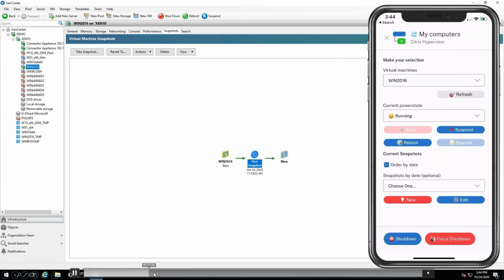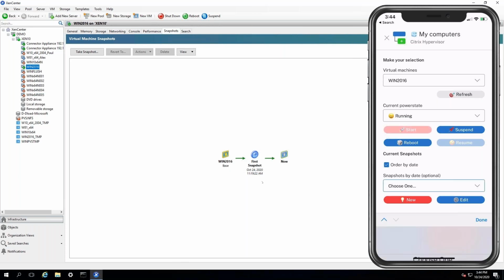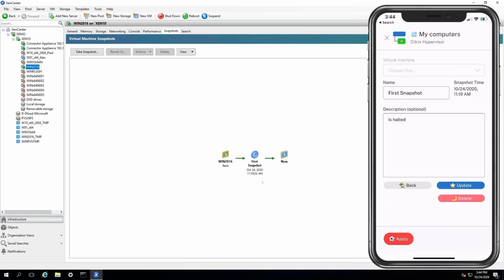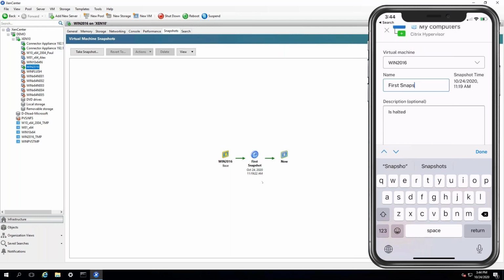Let me scroll through. Well, this is just a demo of how we can create snapshots for an individual virtual machine. Again, the end user will see what's on the phone, and if the admin wants to monitor what's happening, that's pretty much what's happening on the backend, right? So we are doing snapshots right now. By the way, while this thing is playing, let me tell you something anecdotal.